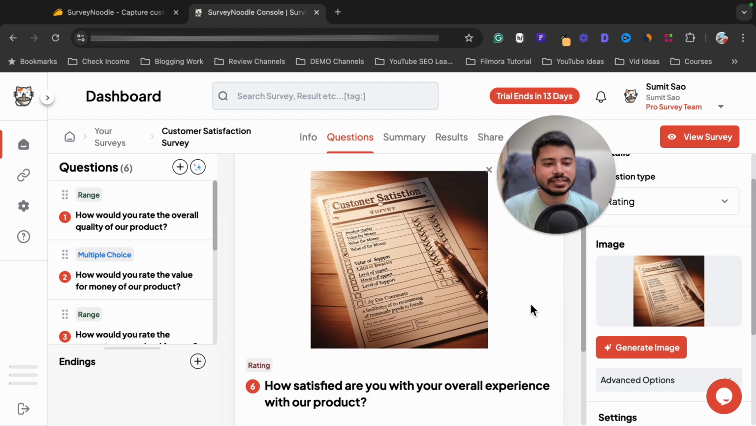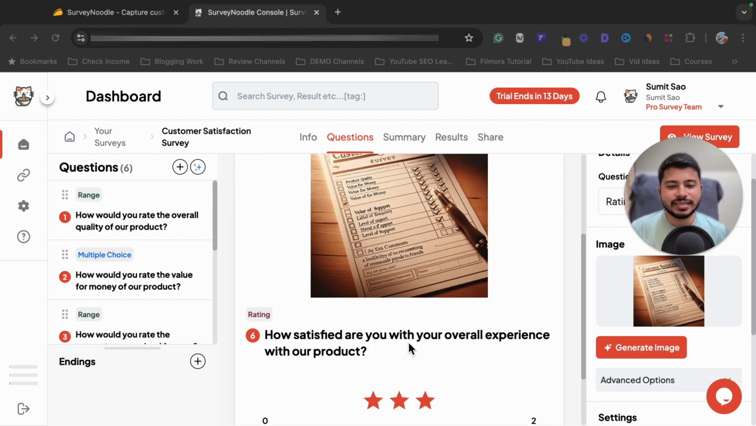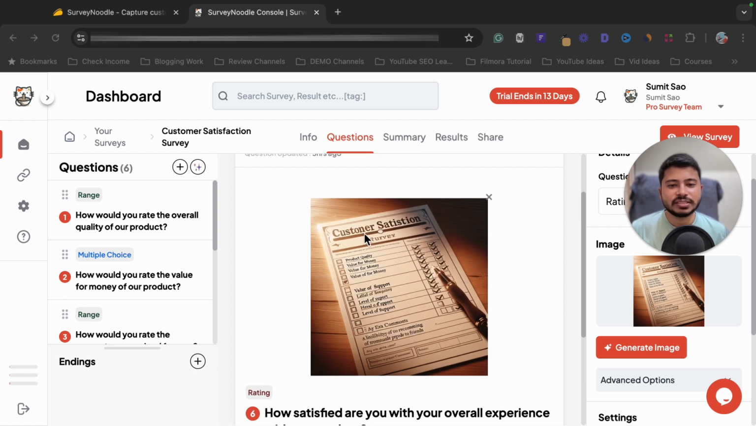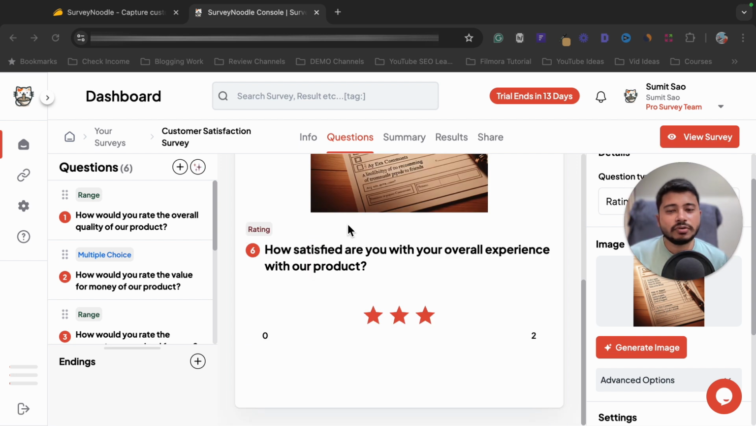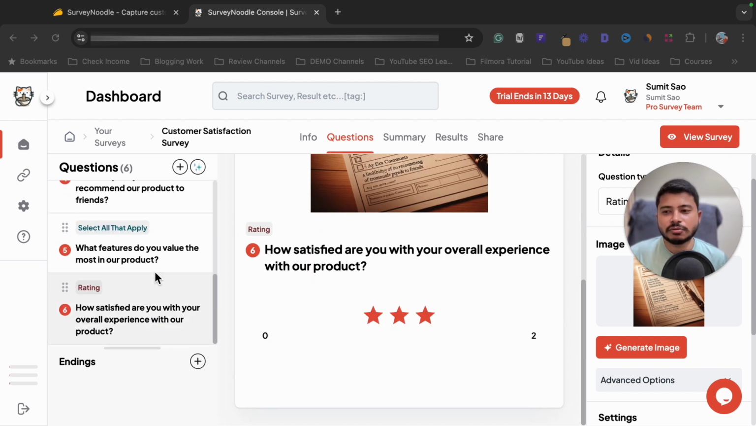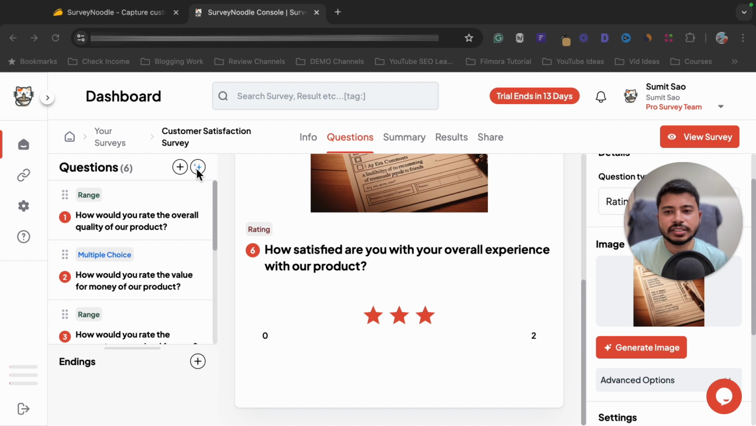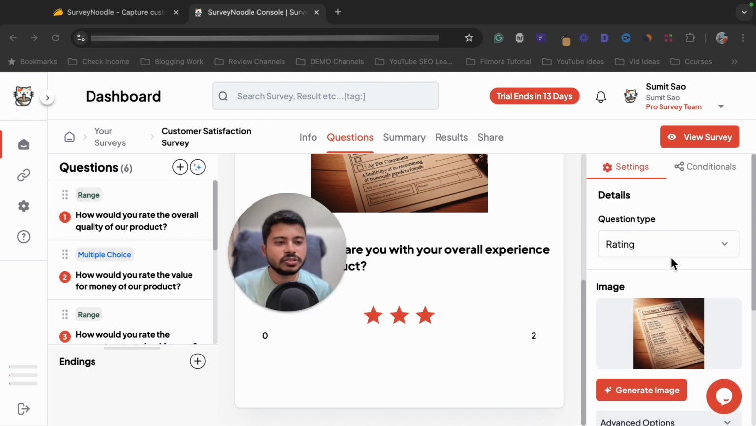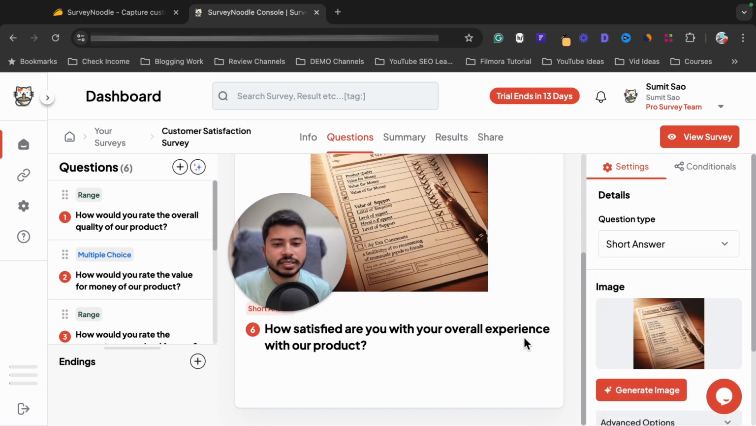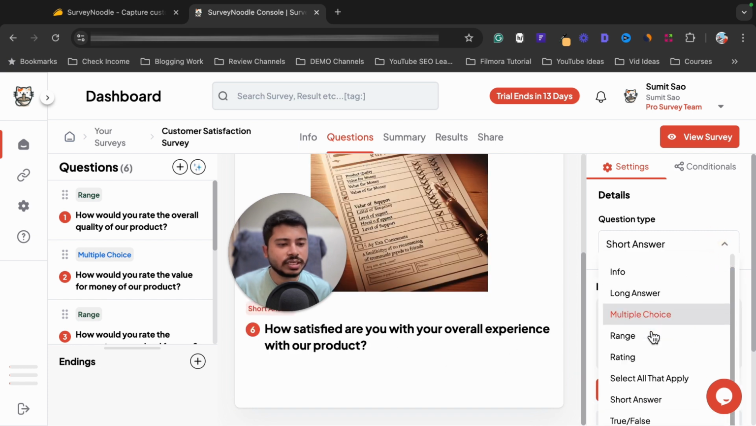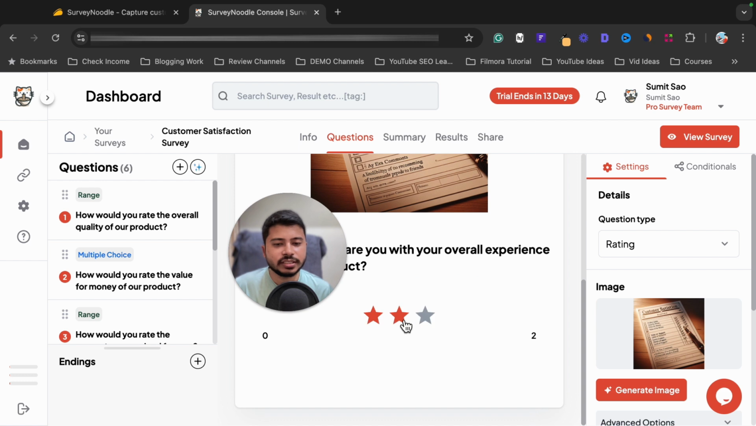Okay, so as you can see, it has generated the exact image which matches this question, like customer satisfaction. Spelling is not perfect, but it has generated the relevant image. So our questions are ready, right? All the questions. I hope you understand how you can generate the questions and choices. You can change the choice if you want to change it from rating to, let's say, short answer type field, then you can select short answer, but I am going to select rating here